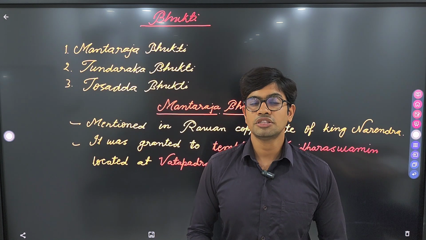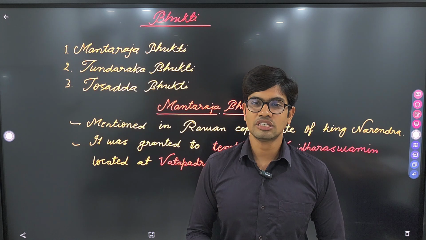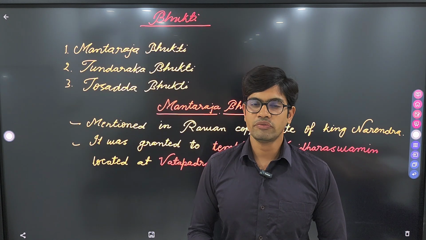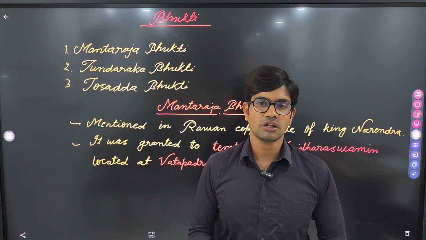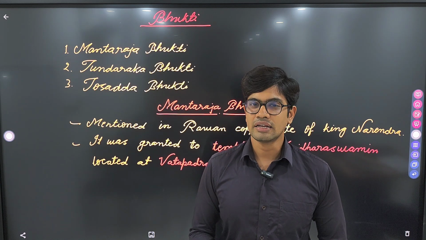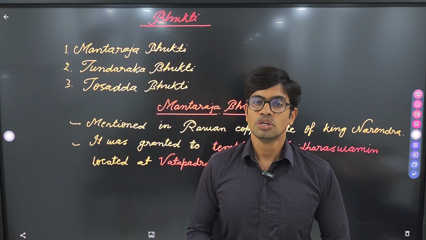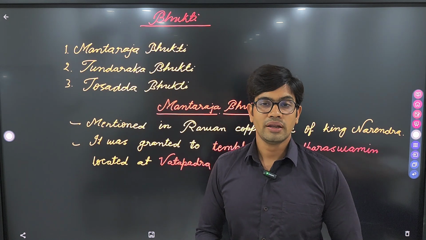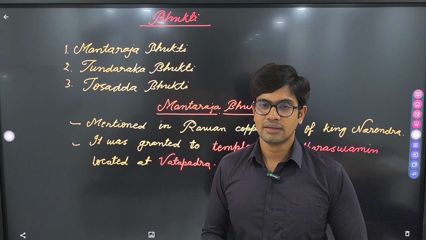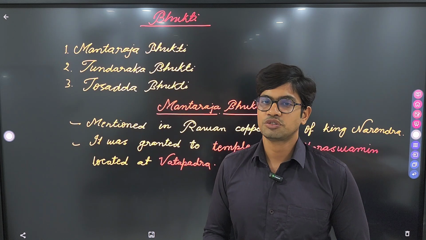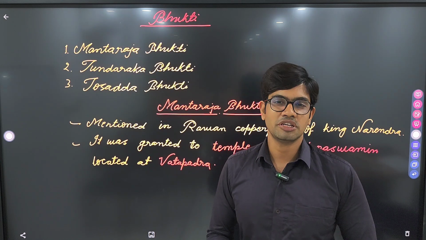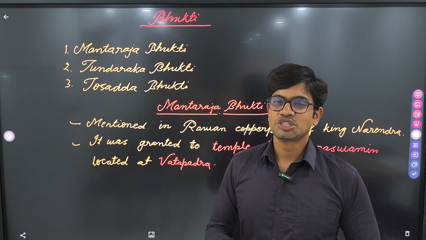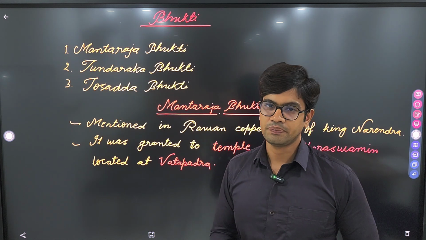As you already know, we have dealt with Rashtra and Bhoga units in our previous video. In this video, we would be continuing the same series of administrative divisions in Sharabhpuri Empire. So Bhukti is another administrative division. Now, where it fell in the hierarchy is not known. As I have already told you, we have got the names of administrative divisions and we don't know about their hierarchy. So let's talk about the Bhukti unit.